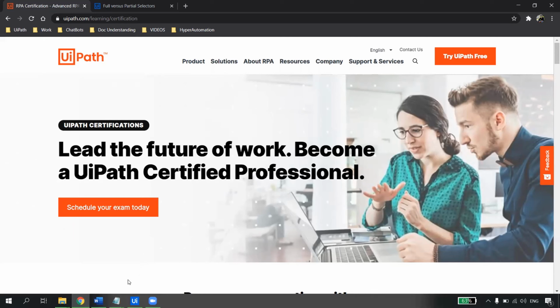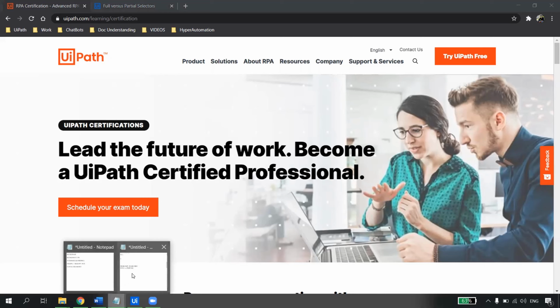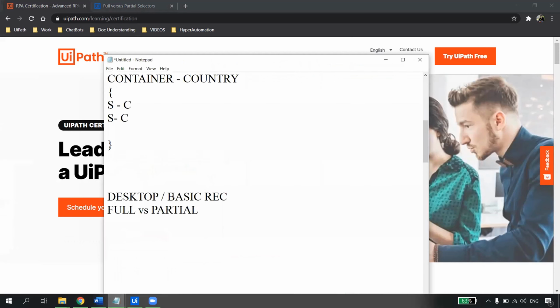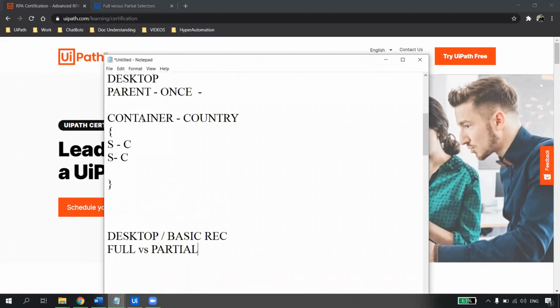I am doing a web automation and you told me that everything is inside a big container. So when containers come into the picture, you will always get which type of selector? A container is a big thing, it will give you the parent. See, where this was the container, right? So which is this selector? This was the partial selector, right?